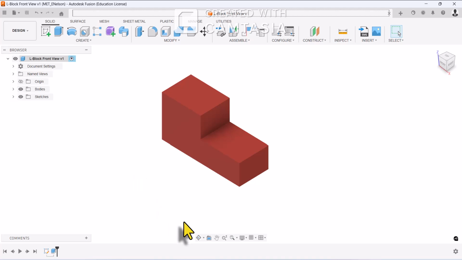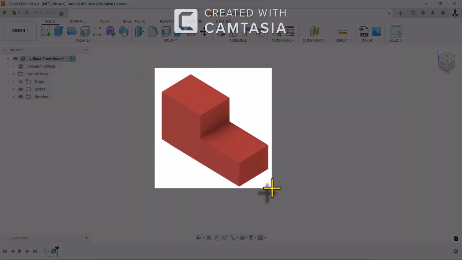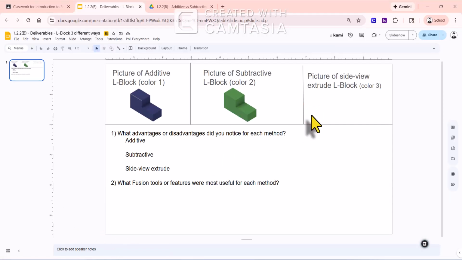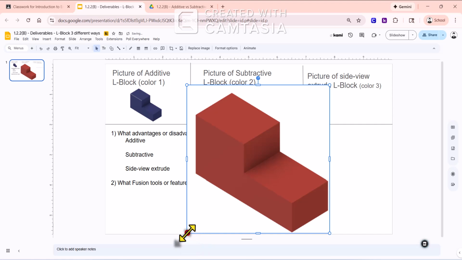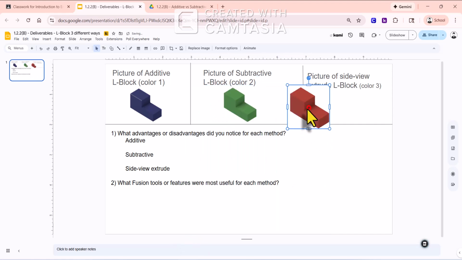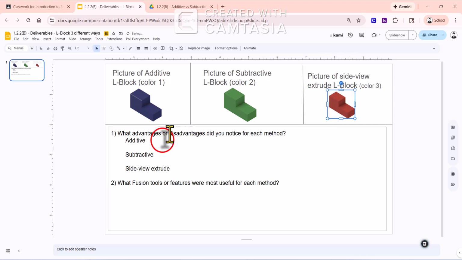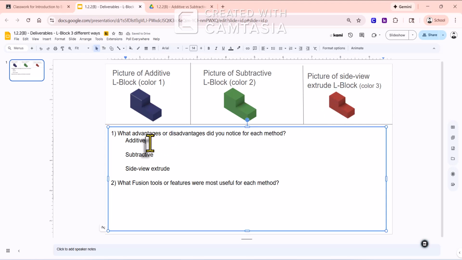Close that data panel. Windows Shift S. And we've got a screenshot. Go back to your deliverables. Make this a lot smaller. Okay. For each of these now,